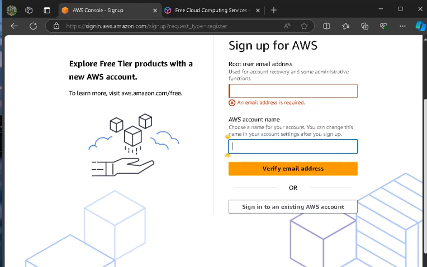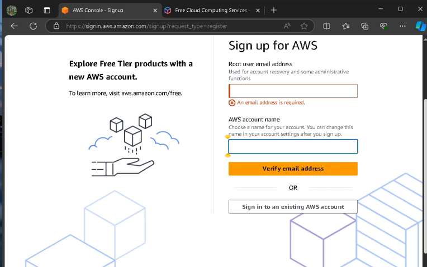And then after selecting the support plan, you need to complete the identity verification, wherein you will complete the identity using your phone number. Just enter your phone number, and then follow the other instructions and receive the verification code.